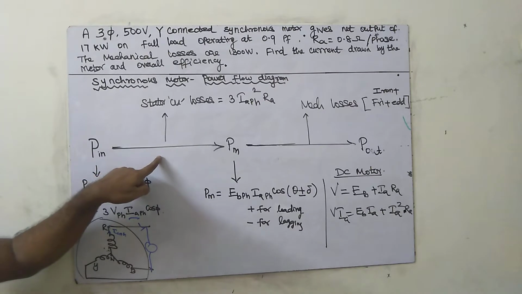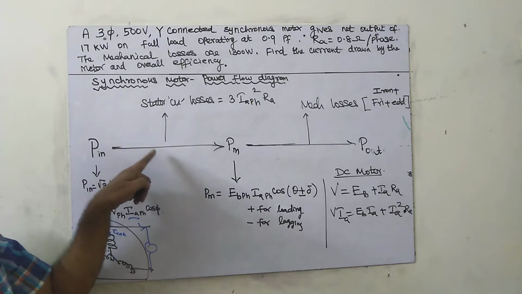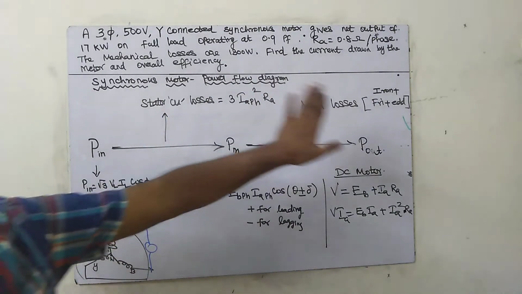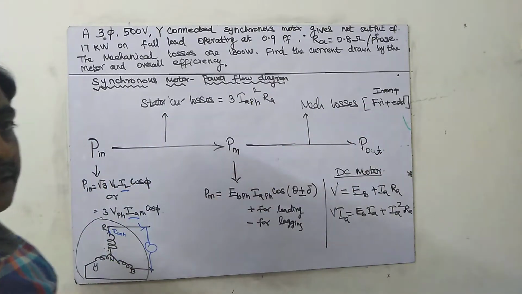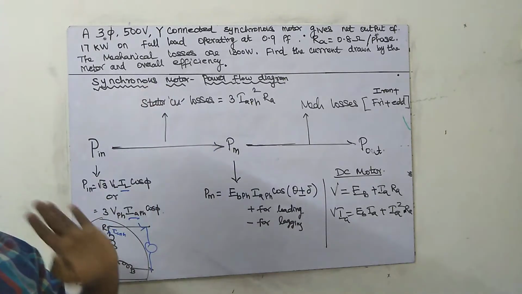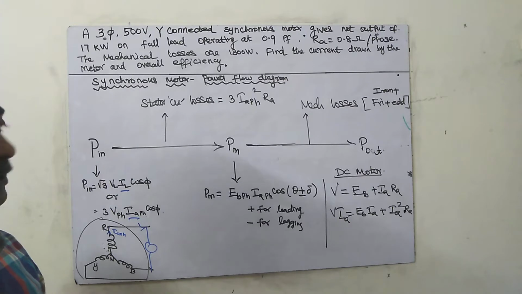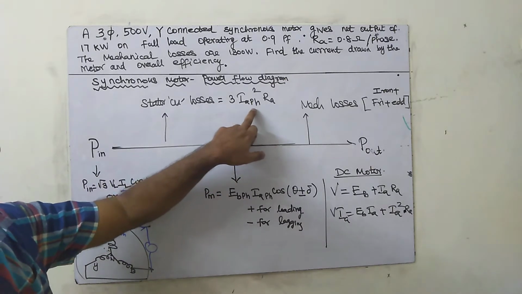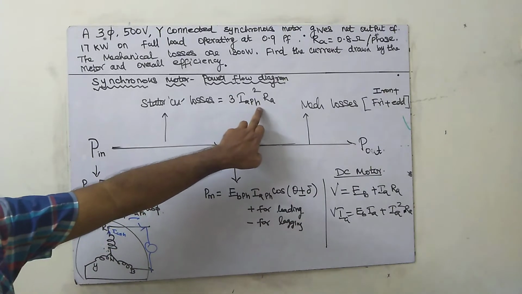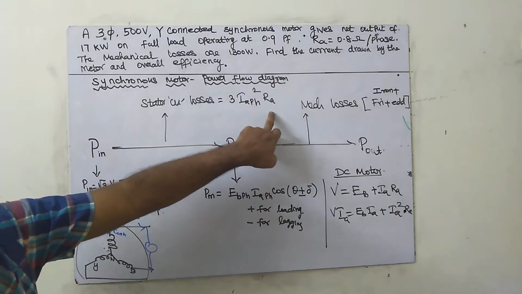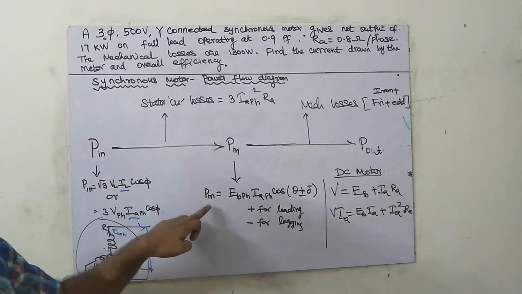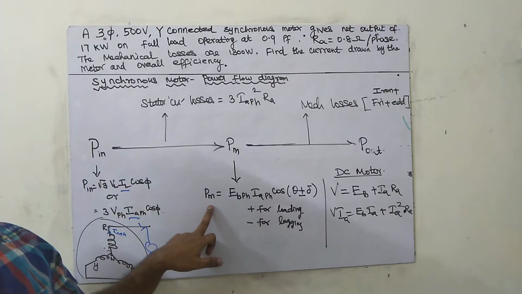So immediately what will happen? In this stator there will be copper losses. Iron losses will also occur, but we have taken them along with mechanical losses, as they are constant losses. So, stator copper losses. What is stator copper loss? Normally copper loss, the other name is I square R loss. So IA phase square into RA. How many windings are we having? We are having 3 windings. So 3 times IA phase, that is phase current, into IA square into RA. For 3 windings. So P in minus stator copper losses, we will get PM, the gross mechanical power output.